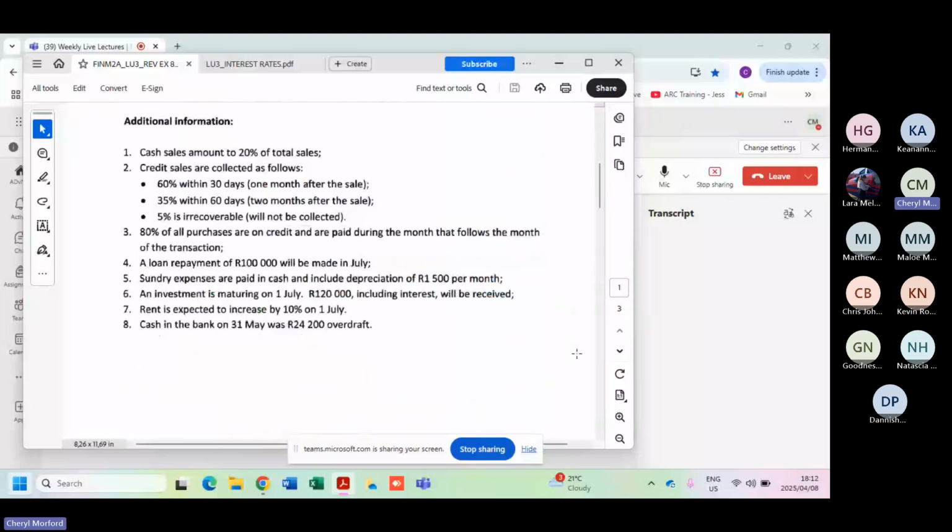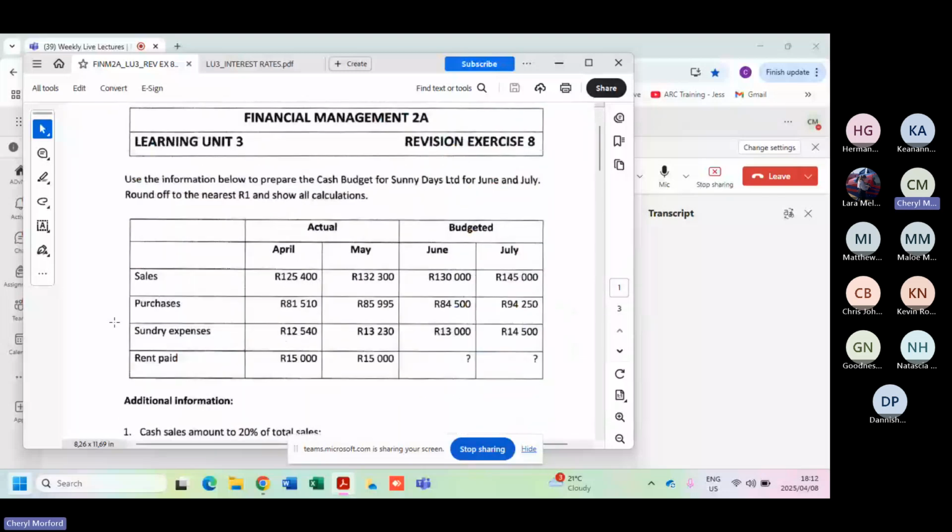So let's see straight away what the question says. Let's see if my highlighter is working this time, because it was all misbehaving last week. There, cash budget, right? For how many months? 2, June and July. So remember I said that you will not get a question for many months. 2, maximum 3. Otherwise, it's too time consuming and too mark intensive.